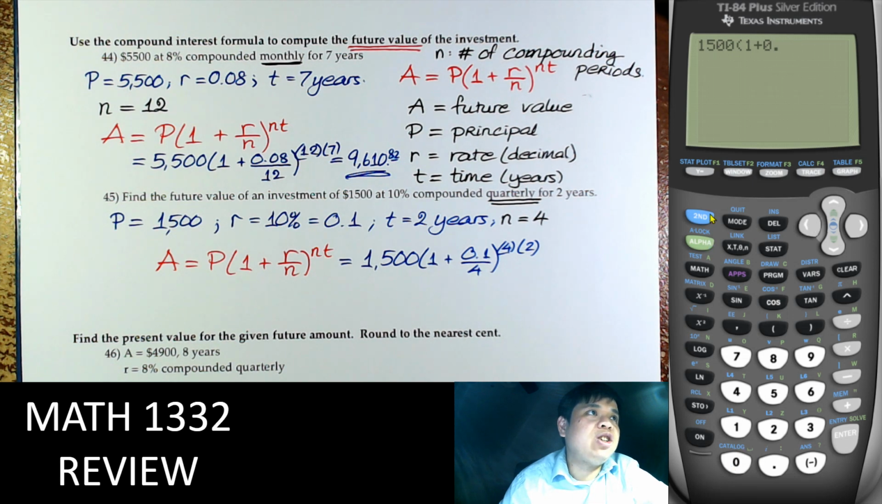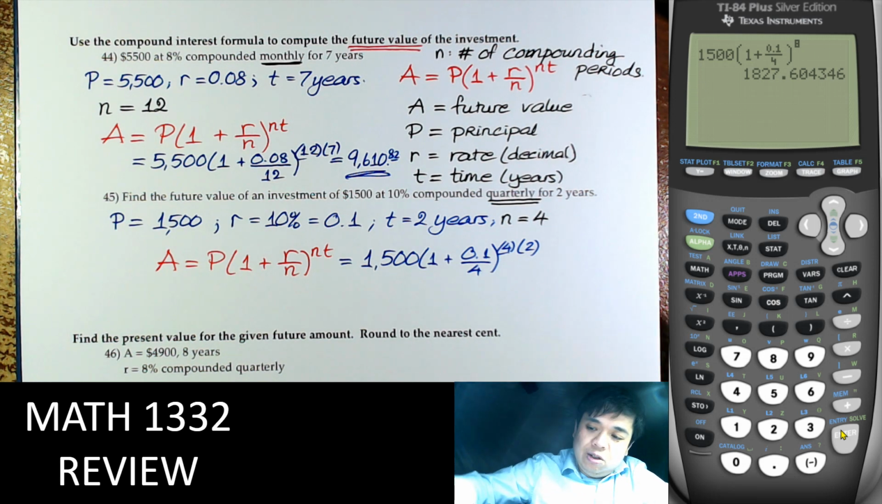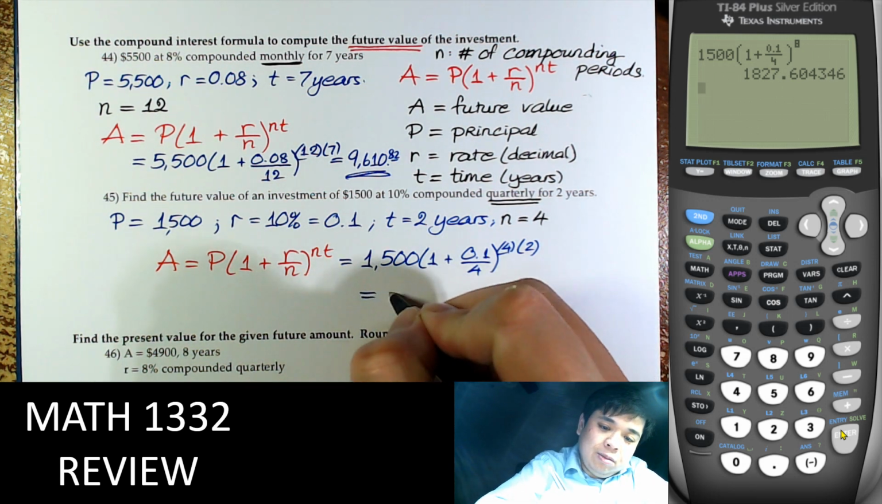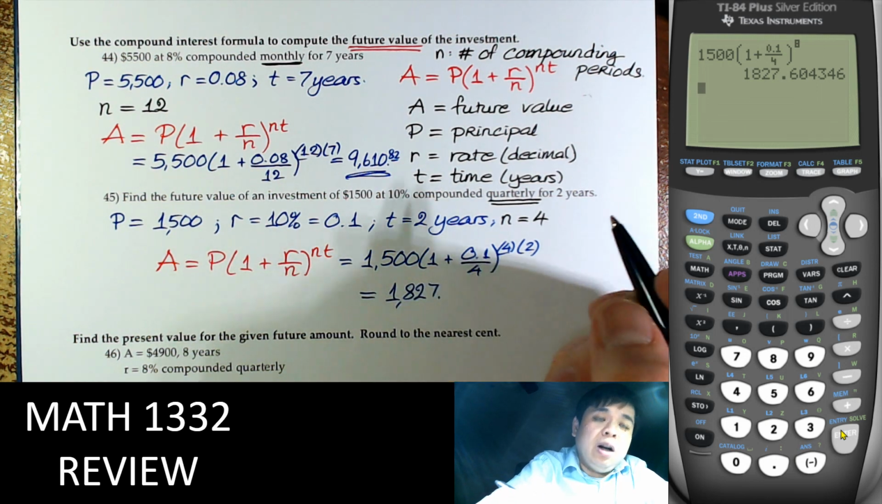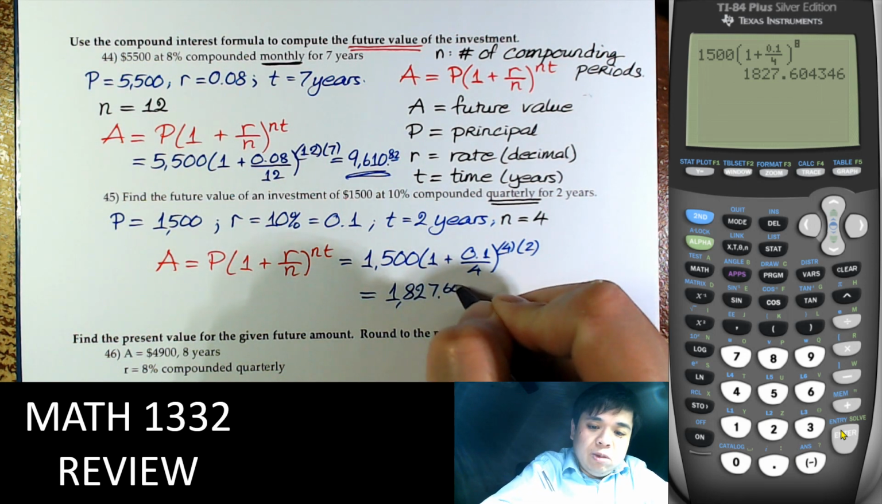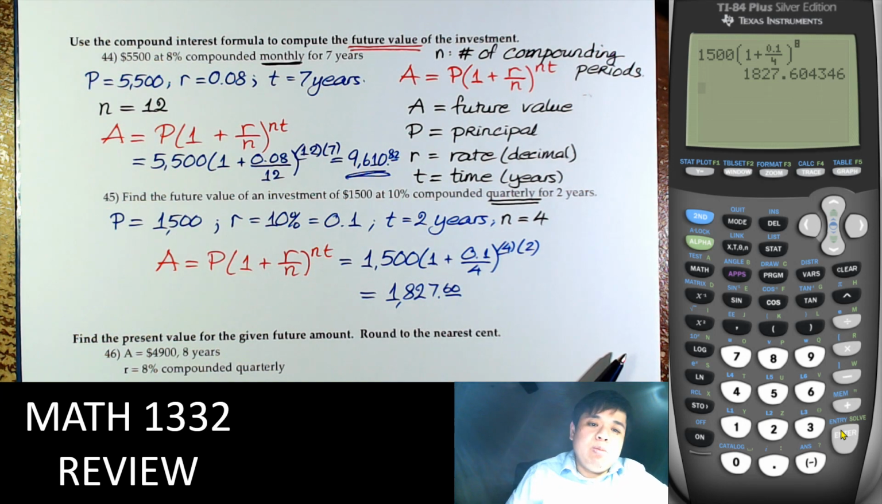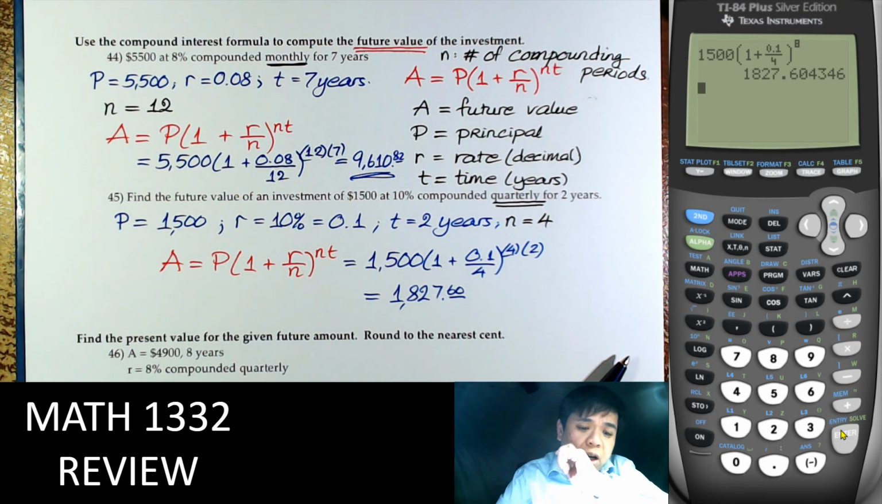Right, we need a fraction here, and the power of 8. So that is 1827.60. Of course, that's how we do that. Just one formula here. But what we can also use is the